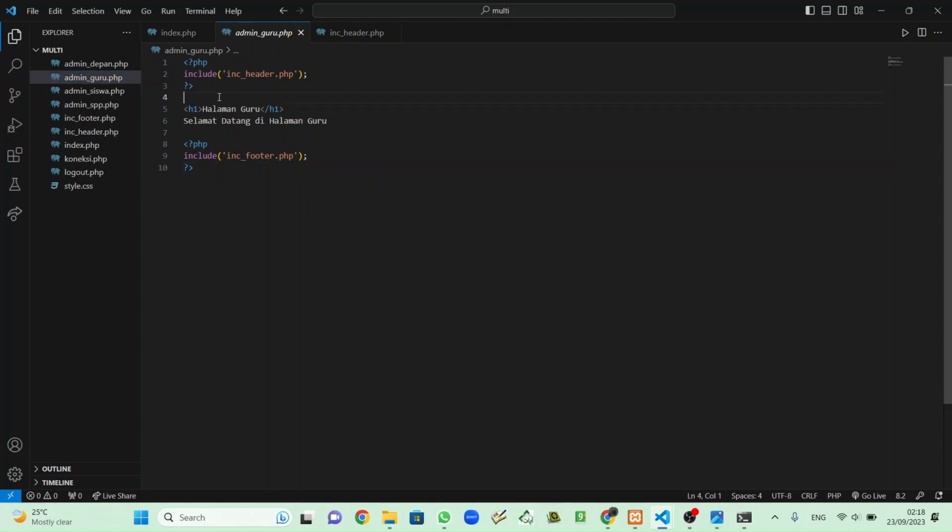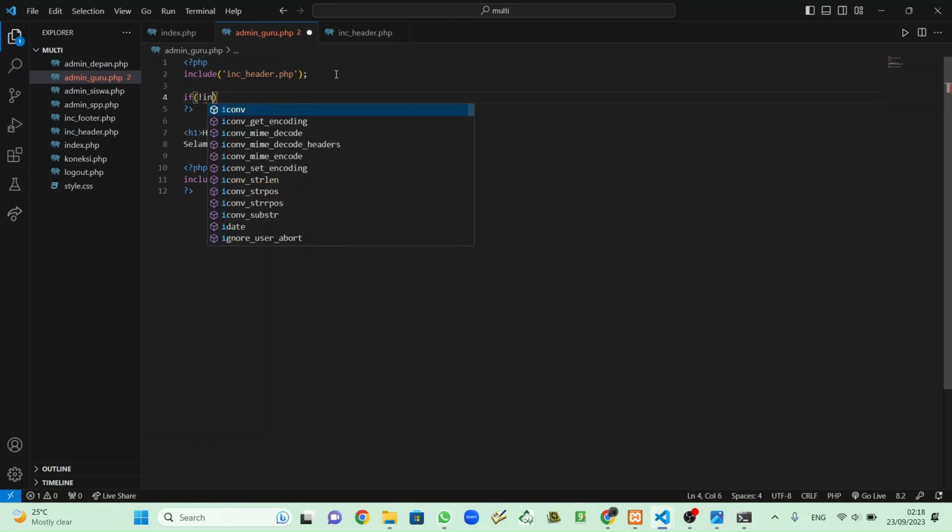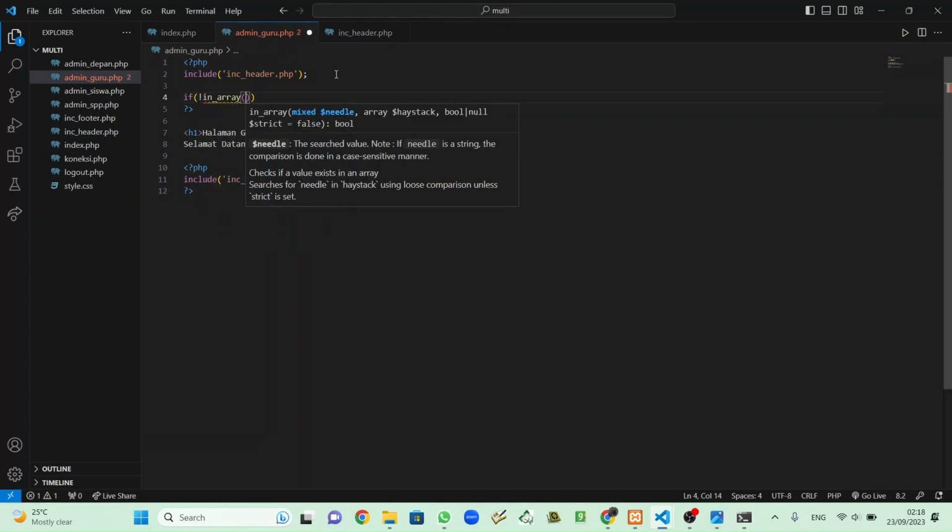So we add here an if statement, inside after the include. If in array, okay, if not in array, because we want the negation, guru